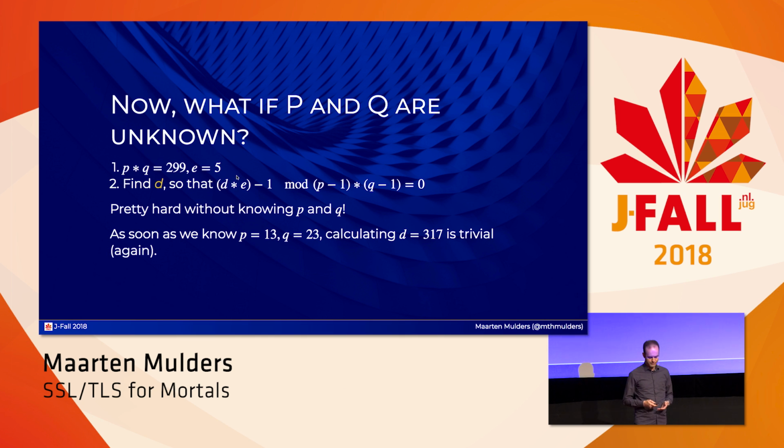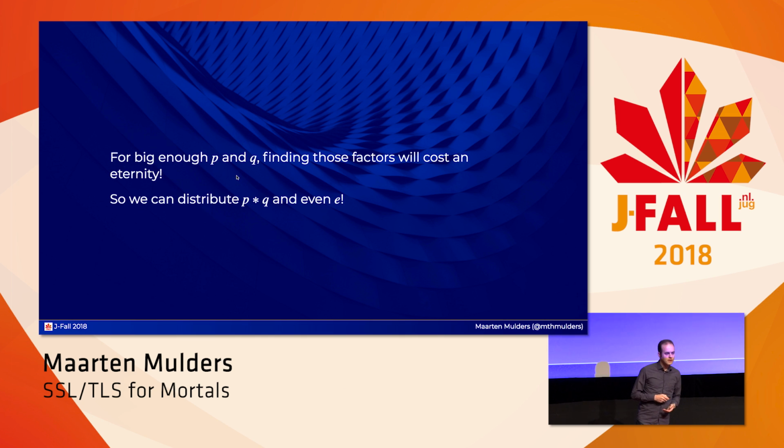It's a no-brainer. Now, as I said, the bigger P and Q are and the bigger their product is, the harder it becomes to solve this equation with 3 unknowns. You can do trial and error for small numbers of P and Q, but the bigger the numbers are, the harder this becomes, and you will need more and more calculation power. You'll need graphical video cards to solve this, and eventually you'll find yourself in a situation where you can't do it anymore. So what we do, we select very high numbers of P and Q,